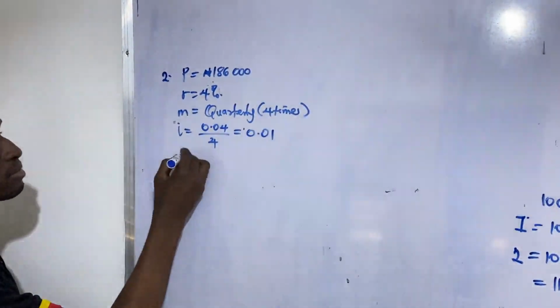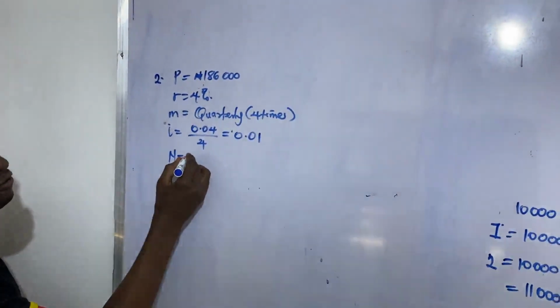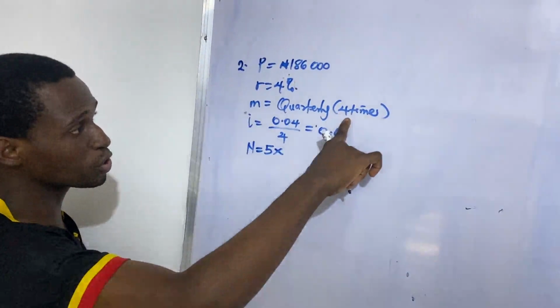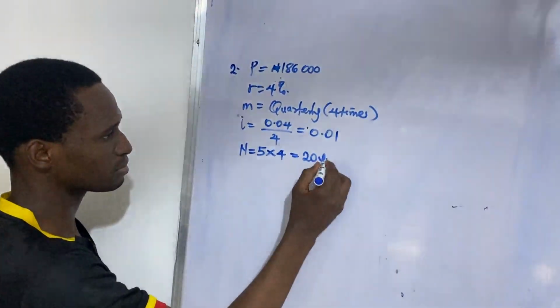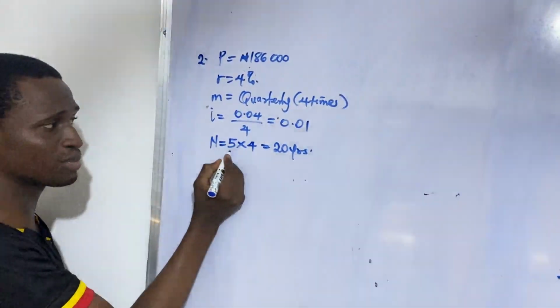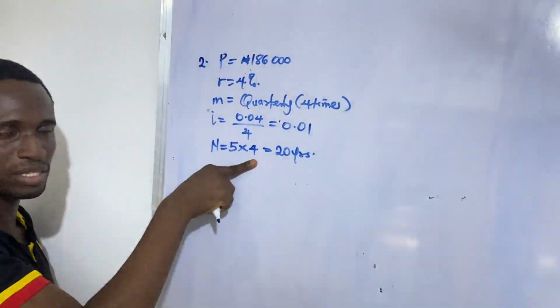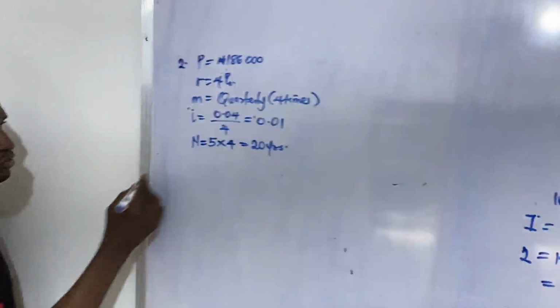Then N is 5, right? Times 4, which is quarterly, equals 20. Not 20 years though per se. The number of years the investment is to last is 5. But because our interest is paid 4 times, 4 quarters in a year, that's why we're multiplying it by 4. So that will now give us